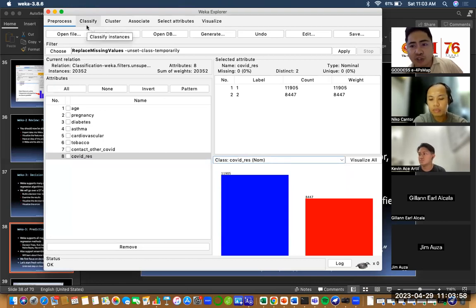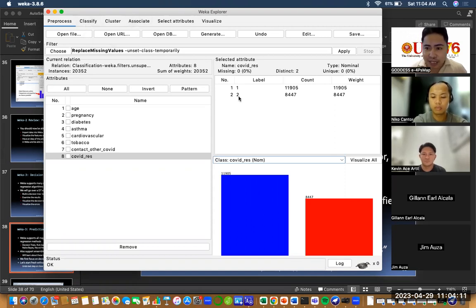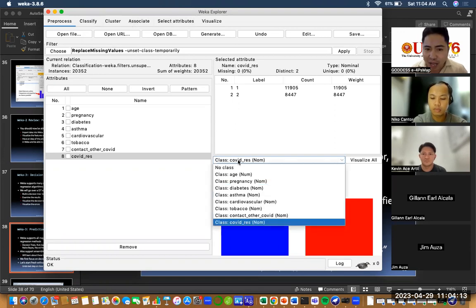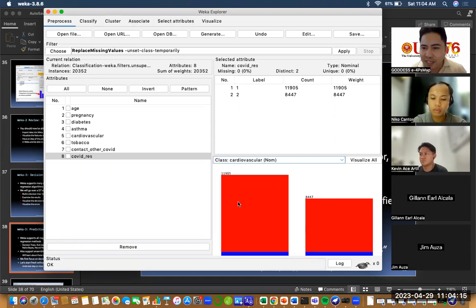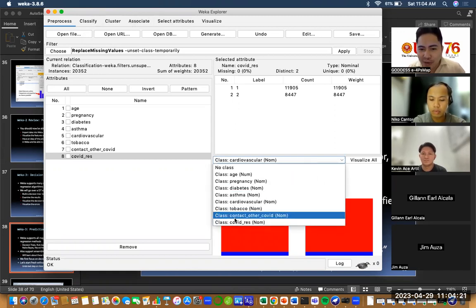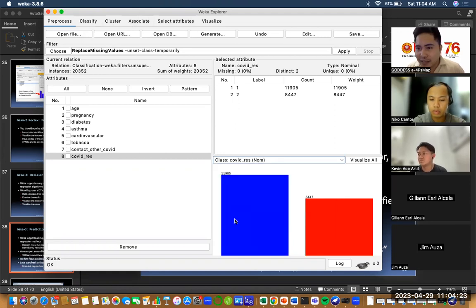But sir, what if my class variable is cardiovascular? How could I set it? You can actually set it by going to this one and setting this as class cardiovascular. Of course, your distribution will also change. But if you go back to COVID result, it will be like that again. Okay? Now, we're going to select